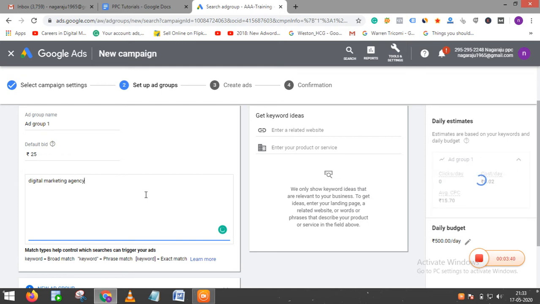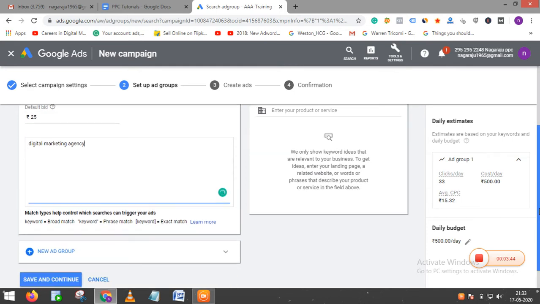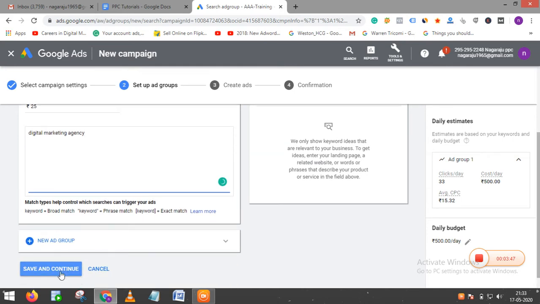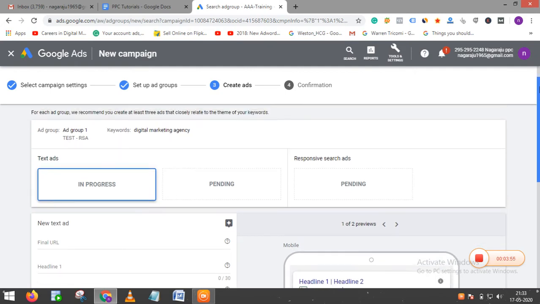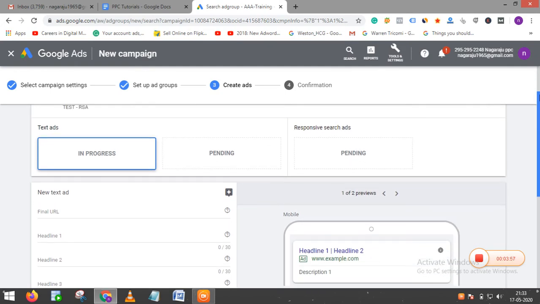I want to show my ads when somebody is searching on Google for digital marketing agency. Now just click on save and continue. Now we are done with campaign and ad group creation. Now we have come to the ad level.